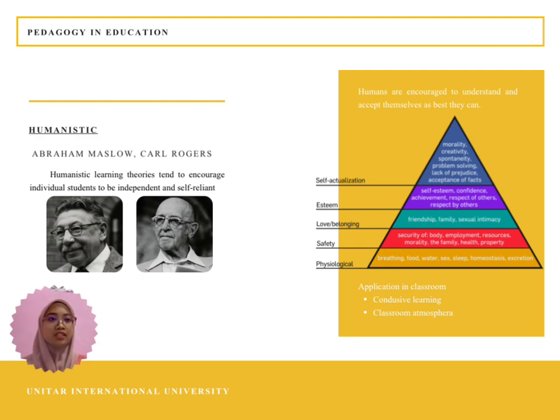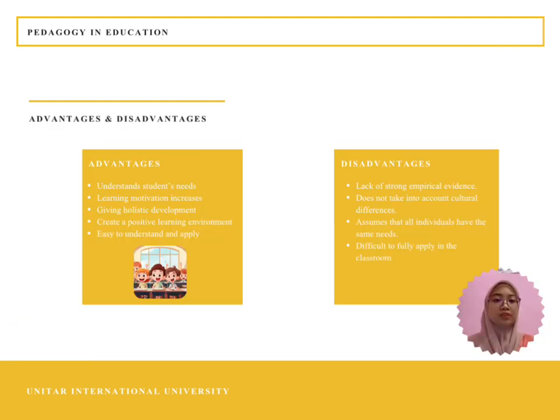By addressing each layer of Maslow's pyramid in our lesson, it can transform students to engage with the content and with each other. This humanistic theory can give advantages for students. For the first one, it helps understand student needs, because Abraham Maslow prioritized student needs based on the hierarchy chart. The second one is that learning motivation increases. Based on this theory, Maslow made student needs to be fulfilled, and it encouraged students to reach their potential